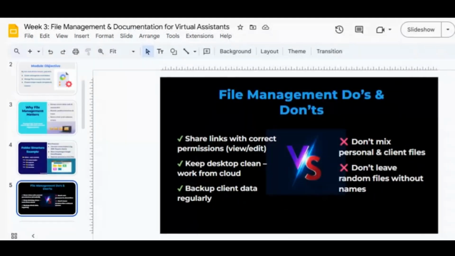So when you are sharing a document, if you want the person to just view, you choose view only. If you want the person to view and edit, you put editor. If you want the person to comment, you allow comment. Let me give you an example of that. If you look at this share button here, if you click on it,